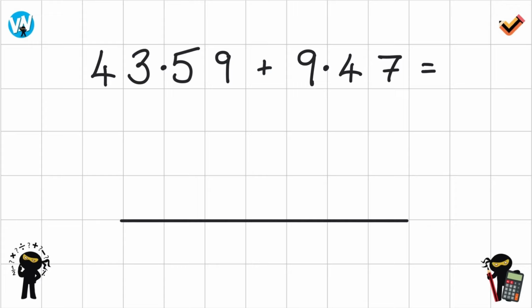Now in this question, we have exactly the same sort of issue. We've got 43.59 add 9.47. The problem being we've got tenths and hundredths, but in this instance we've only got a 1, and in here we've got a 1 and a 10. So again, it comes back to laying out the decimals in their own street, in their own house,